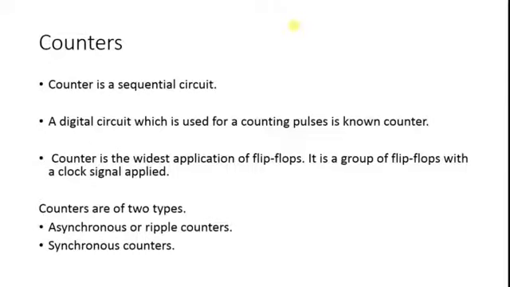Additionally, in the case of asynchronous, we use directly T or JK flip-flop for getting the counting, whereas in the case of synchronous, we can use any kind of available flip-flop, that is T, JK, SR, or D. If somebody asks you to design a synchronous counter using D or SR, what we need to do is convert D or SR to T or JK and then use the converted design as a basic cell for designing the remaining cells.